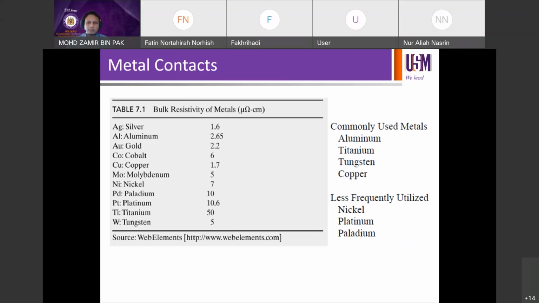For examples, metal contacts that we use for fabrication, there are a range of different metals that we can use depending on the layer and the intended purpose. For example, you may use silver, aluminium, gold, cobalt, and whatnot. And you can also see the bulk resistivity of the metals on the second column